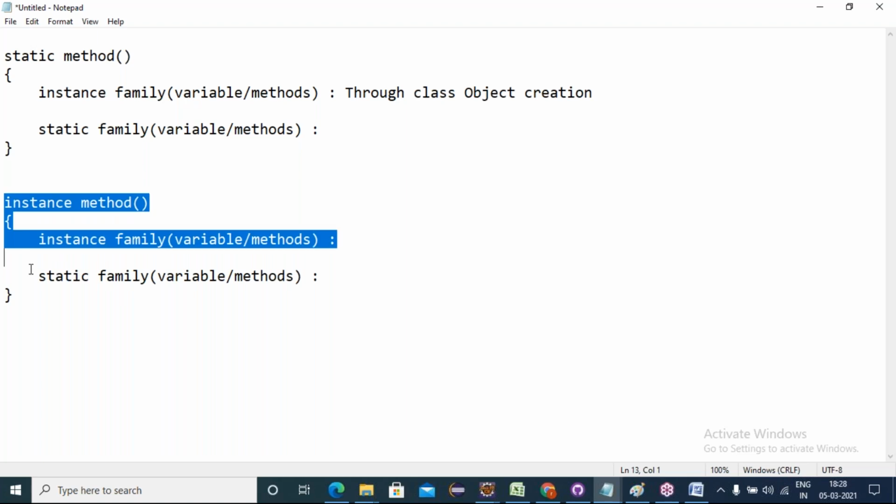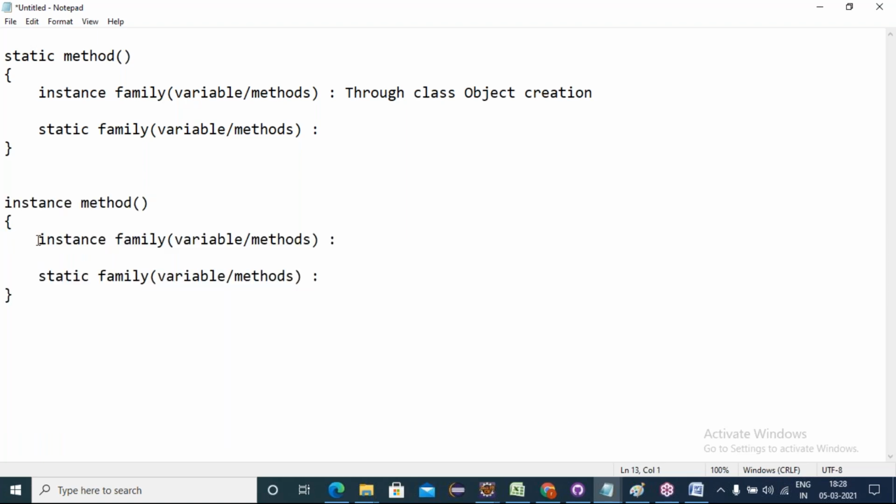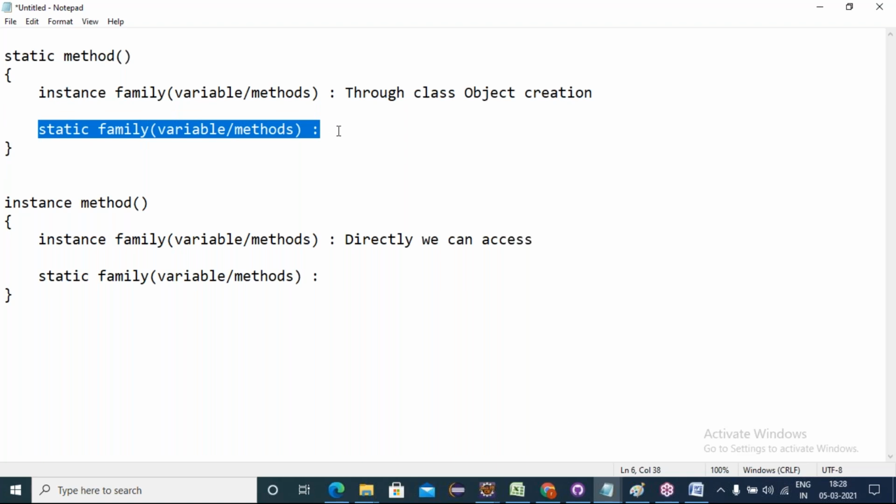Now, inside the instance method, how can we access the instance family, which means instance variables and instance methods? Directly we can access. Now, inside the static method, how do I access the static family, which means static variables and static methods?